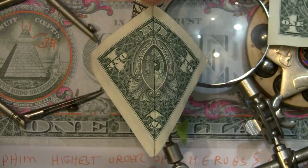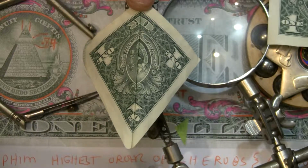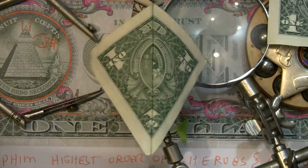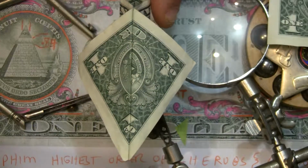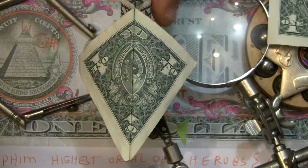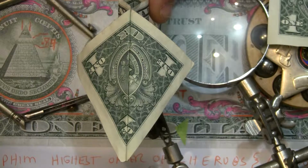This is a depiction of a cephalopod that you can create by folding the $1 bill in this configuration. It appears to be a cephalopod traveling through a medium, or water in this case, through the oceans. It is not a coincidence that this appears on the $1 bill. Whatever created the $1 bill created it approximately 7,000 years ago and placed